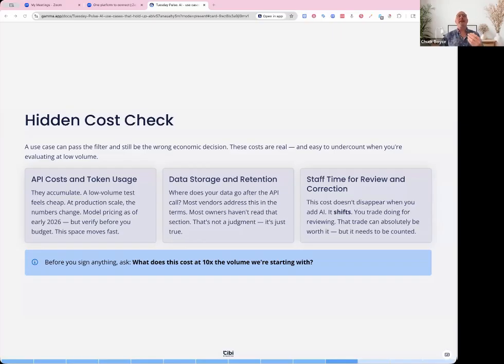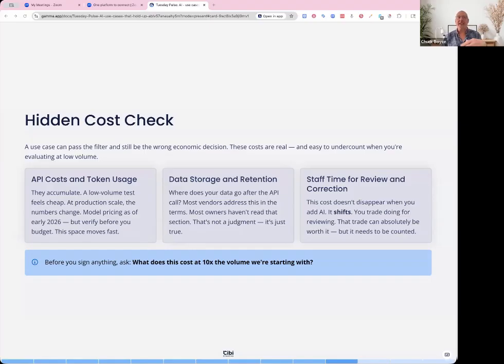If you're using an automation that does an API call and it works great with 5 runs, and you understand, oh great, it's 37 cents to run this process, you're saying, okay, that's not too bad.